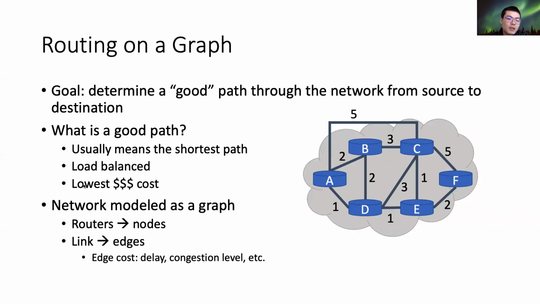But again, you want a load balance. So for example, this is a short path, but if you think about it, if everyone is taking this short path, it's like a bridge between two banks. Then these two routers on this bridge are taking too much workload. So we want a load balance. You can take the other bridge to the other side of the bank. And we also want the lowest cost. This is understandable because